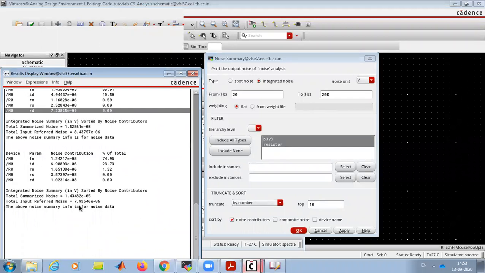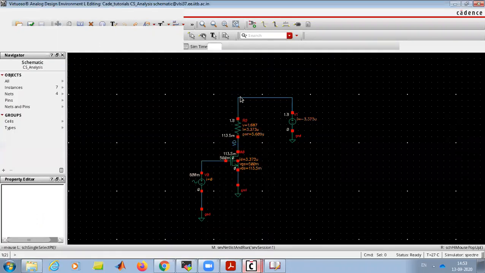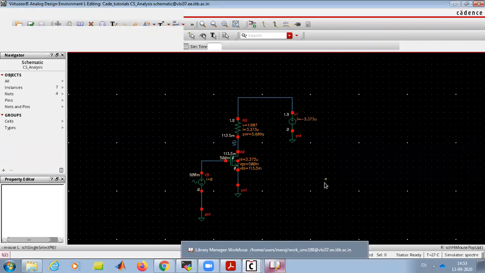It's around 8 microvolts RMS noise for our audio amplification. If you want to use this amplifier for audio amplification, what does that mean? Input referred noise means that, due to this system, whatever signal was there comes with a noise of 8 microvolt RMS.